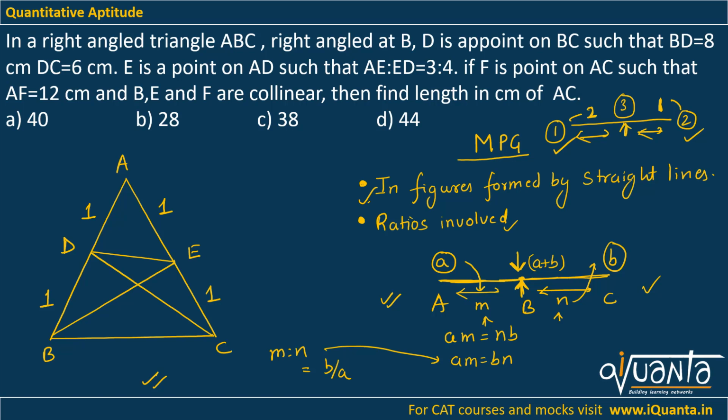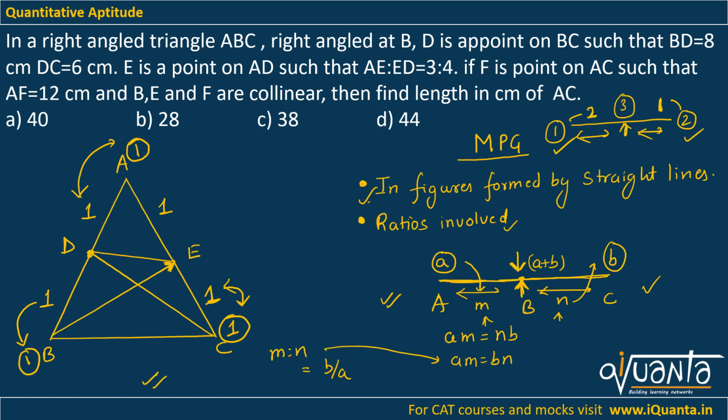So I have the ratios with me. If I want to balance this figure, then I can assume any weight at any point. Let me assume that here I have weight 1. If the weight here is 1, I am getting 1 into 1, which is 1. So here also I should get 1 into 1 equals 1, because E is the balancing point. That means the weight at A would also be 1. As soon as I do this, I can come to this line AB. I can see 1 into 1 is 1 over here, so here also 1 into this weight should be equal to 1. So the weight here should also be equal to 1.